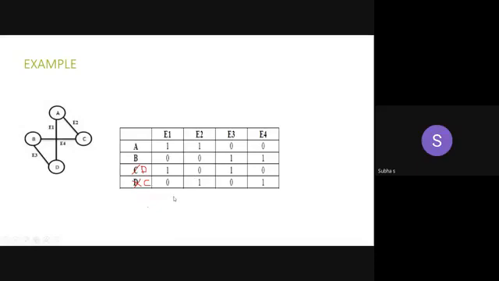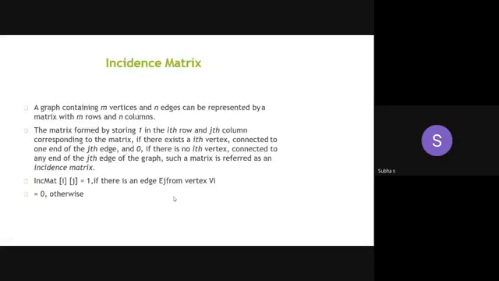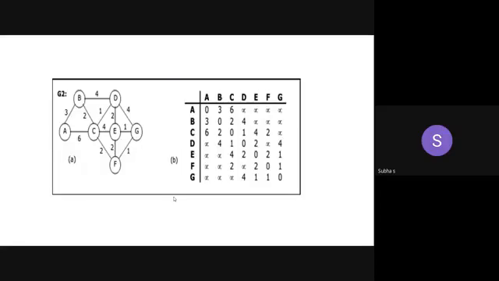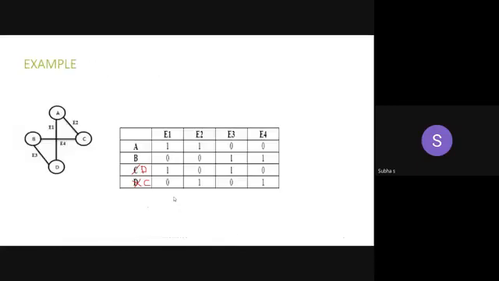Got it? So this is the difference between the adjacency matrix and the incidence matrix. For the adjacency matrix, what are we giving? Vertices as both rows and columns. For all the vertices, you have to mention the vertices themselves as rows and columns. But here, vertices should be mentioned as rows, A, B, C, D, the 4 rows, and edges should be mentioned as columns in the incidence matrix. Incident means you have to know the edge that is incident on a particular vertex. You have to make it as 1, and other entries as 0.